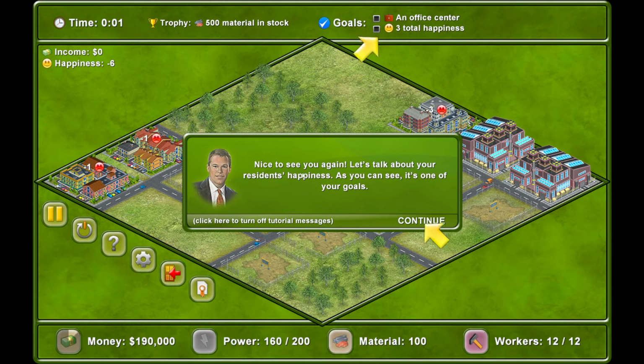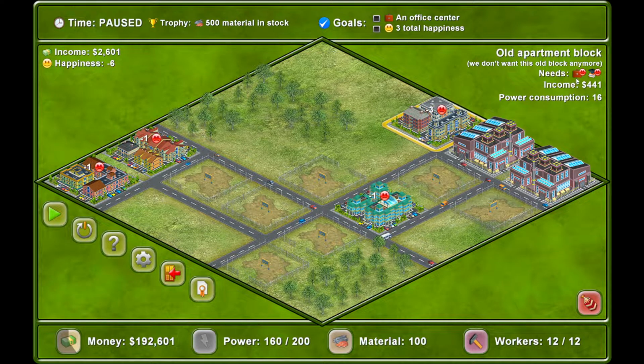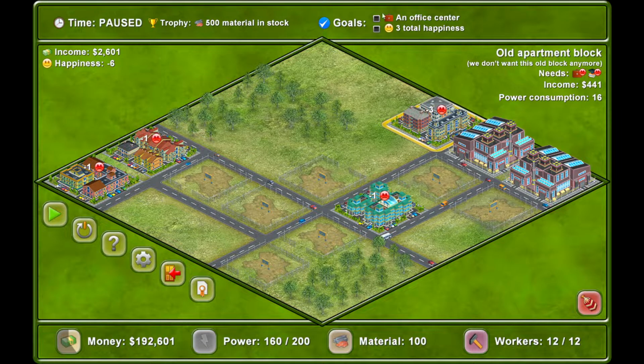This guy says the same thing every time. Now, off tutorial. So our goal this time is to add an office center and have 3 total happiness. So that's a bit different than what we're used to. These guys are unhappy because they need an office center and they need education. Now, education is not part of this goal,